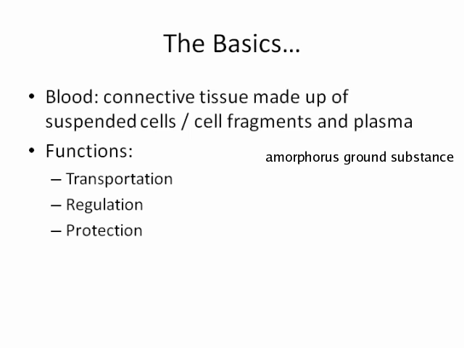It does have a main cell type, and in addition to that, it does have a fiber type to it. What is what? Well, if you recall, the amorphous ground substance within blood is plasma. The major cell type are the red blood cells, and of course the major fiber type is fibrin, which comes from